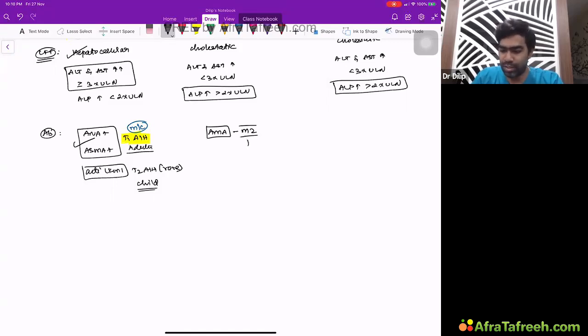M2 type. M2 means the antigen here will be the pyruvate dehydrogenase complex, PDC. Especially the M2 component of the pyruvate dehydrogenase complex in the mitochondria. That is what the antigen is, and that is where your antibodies are directed against. So this is a typical antibody, AMA M2, very classic. This is what is seen in primary biliary cirrhosis.